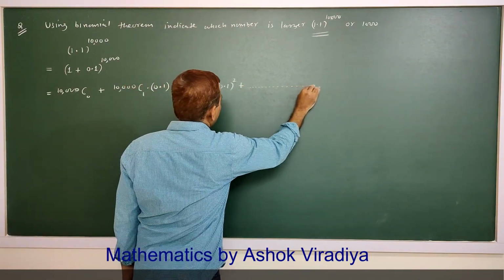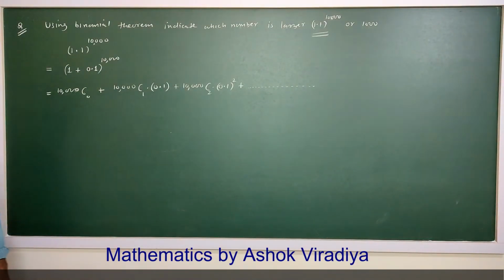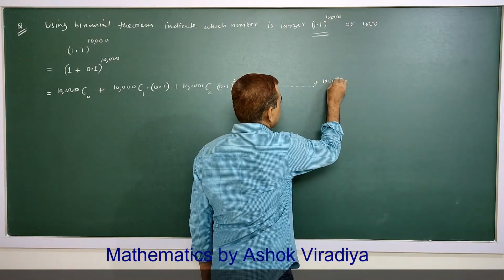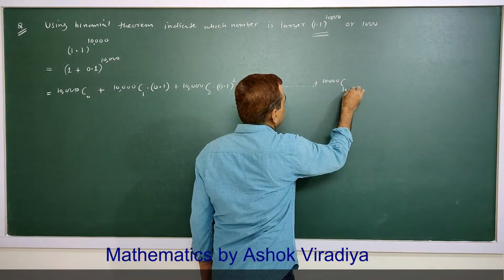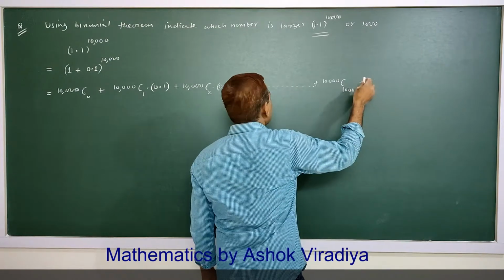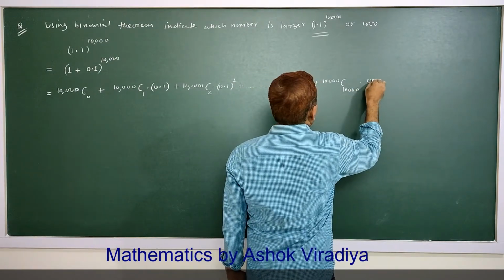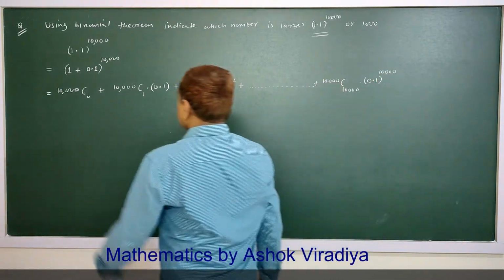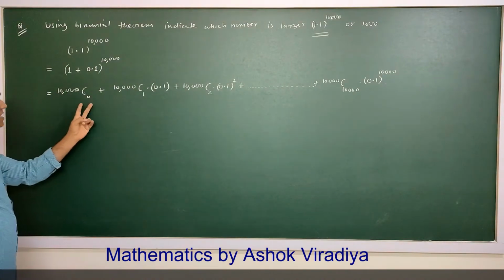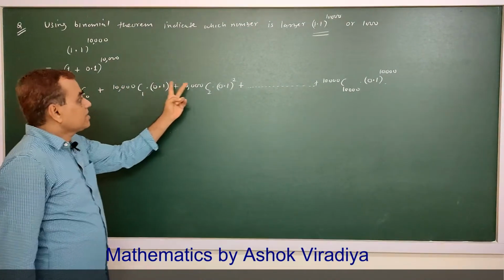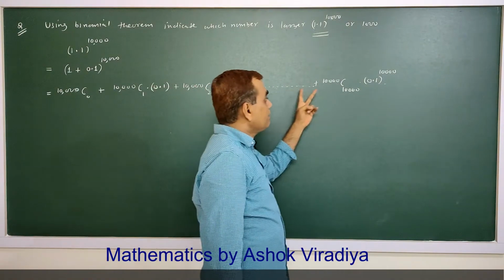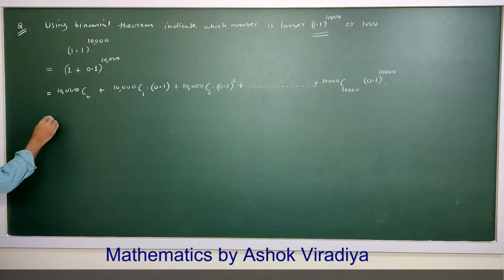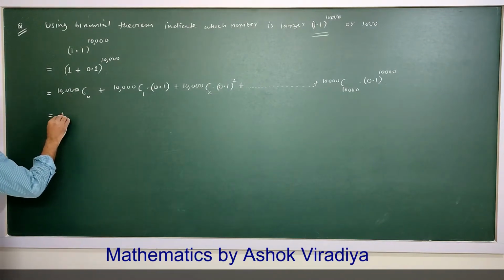This can be continued up to nCn x raised to n. So (1 plus x) raised to n is nC0 plus nC1 x plus nC2 x square plus up to nCn x raised to n. So this is equal to, now nC0 is 1, plus